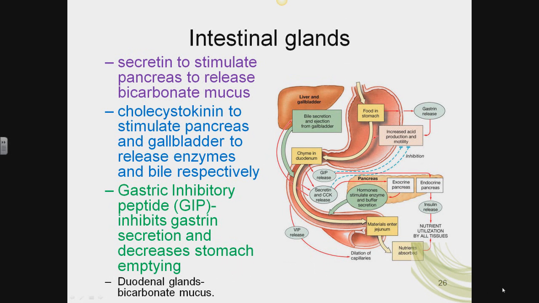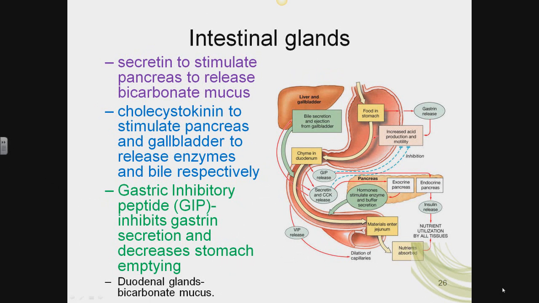Cholecystokinin is secreted by the cells of the duodenum and jejunum, mainly in response to digestive products like fat, fatty acids, and glycerides in the intestine. Cholecystokinin stimulates pancreatic enzyme secretion and gallbladder contraction so that bile stored in the gallbladder is released into the duodenum